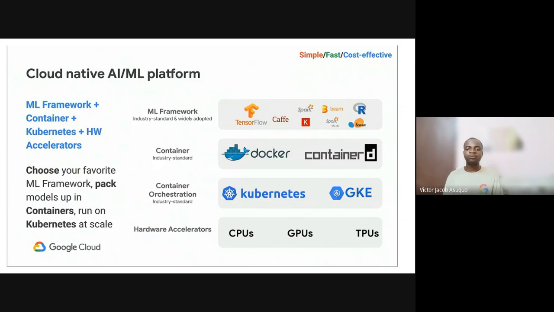We have ML frameworks plus containers plus Kubernetes plus hardware accelerators. Like we all know, the industry accepted machine learning frameworks include TensorFlow, Caffe, Spark, Keras, Scikit-learn, Beam, R, and the rest, and a whole lot of them.